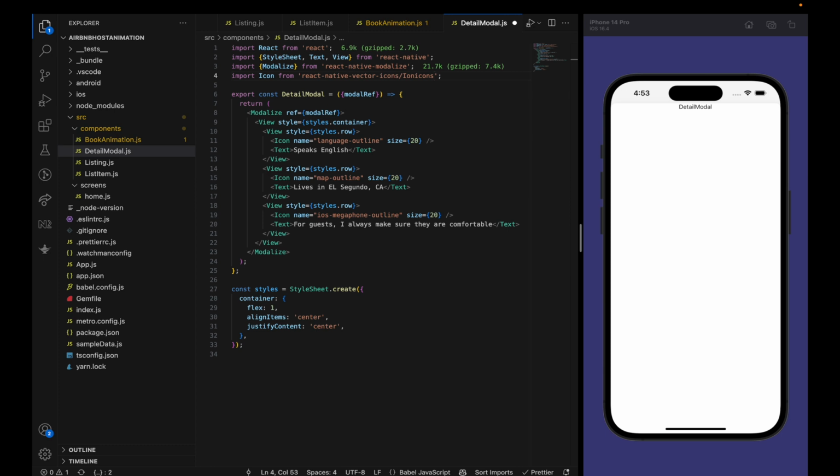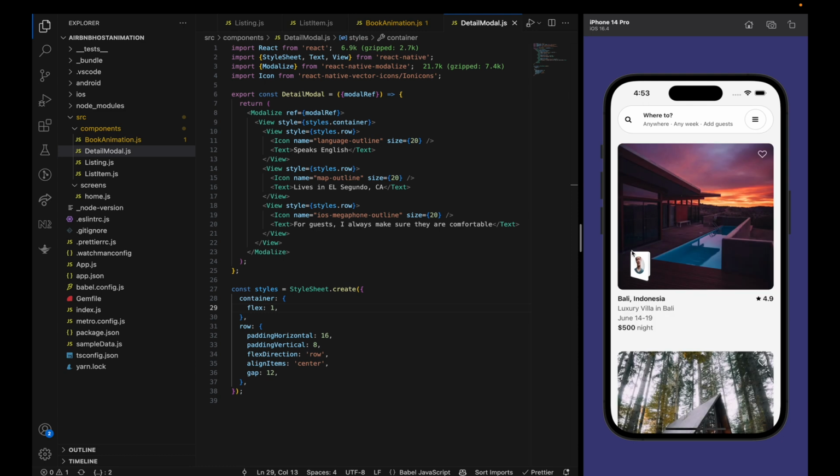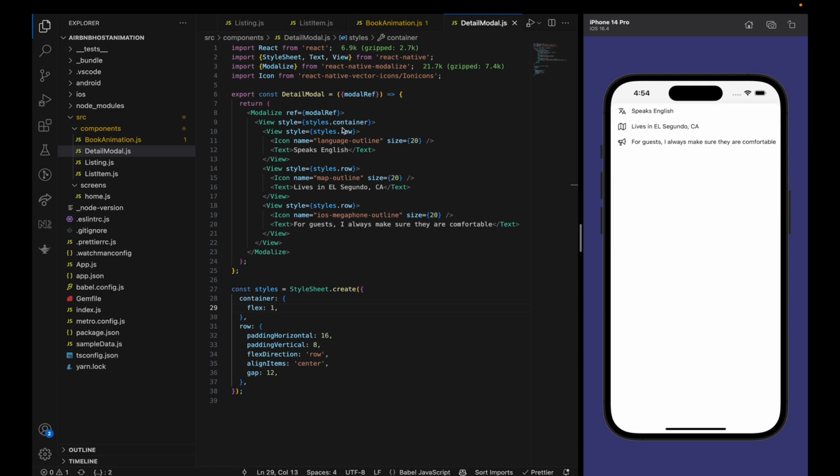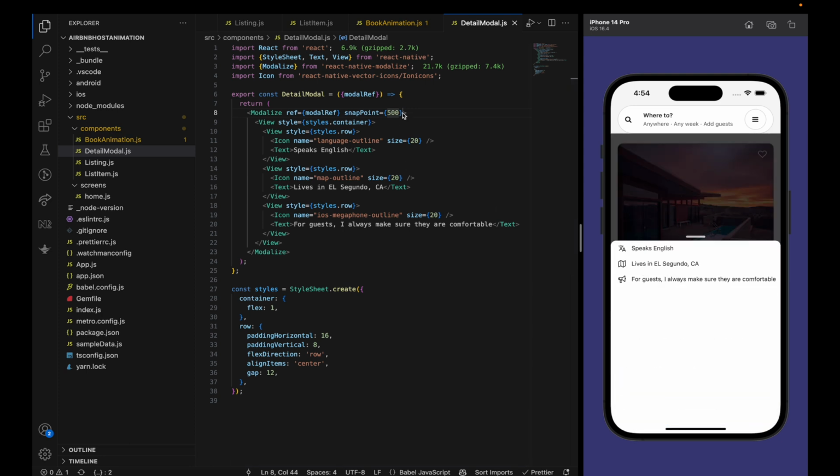So there is just one style which I need to import, row. Okay, so now our model is looking good. Let's add some snap point to this model. It will be 500, so it is basically at what point our model first opens. So if I add 500, then it will stay here. It looks good now. Let's set the handle position to inside,